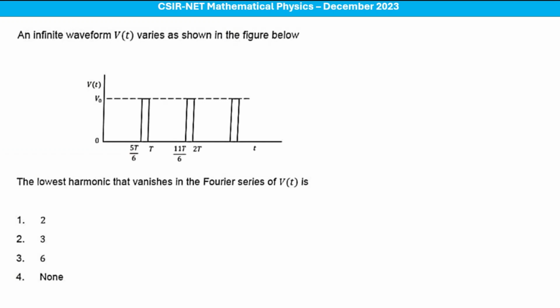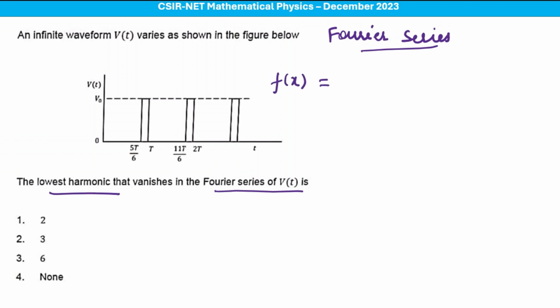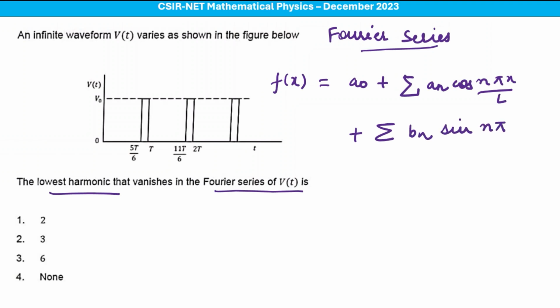An infinite waveform V(t) varies as shown in the figure below. The lowest harmonic that vanishes in the Fourier series of V of t is. So what is a Fourier series? It is an expansion of a periodic function in terms of sines and cosines. So we can write f of x, any function f of x, as a naught plus summation an cos n pi x by l plus summation bn sin n pi x by l,